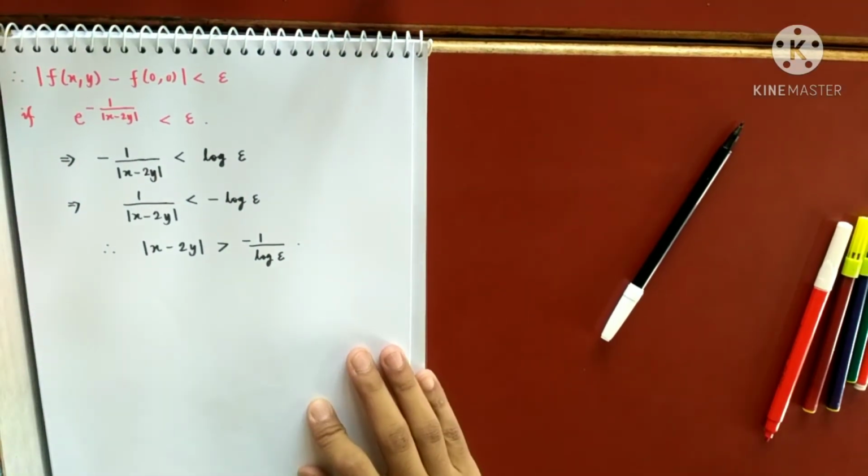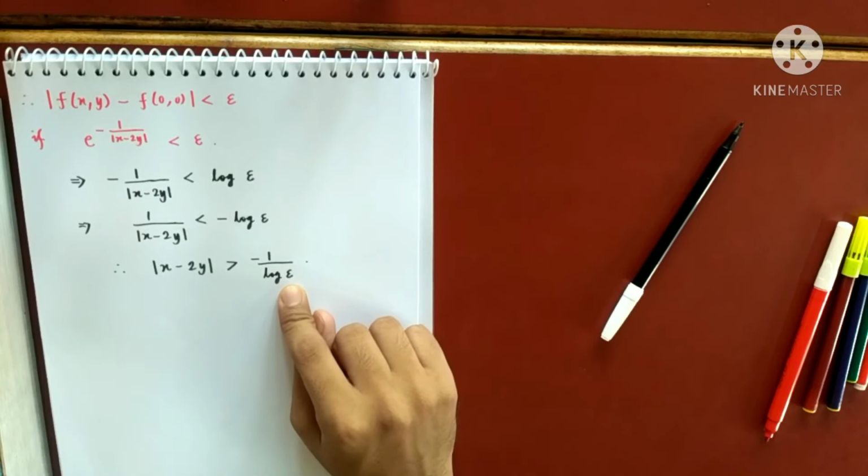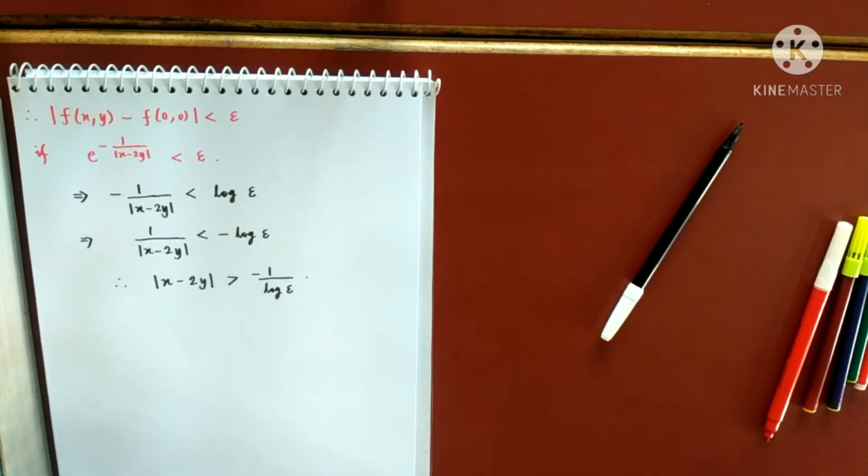Very good. Yes, because I have taken epsilon to be between 0 and 1. Remember, whenever x is between 0 and 1, the value of log x is always negative. You can plot the graph or use the definition of log to check this fact. When x is between 0 and 1, log x is always negative, and then log 1 is 0, log 0 is minus infinity, and then after 1 it is always positive. So keep that in mind.